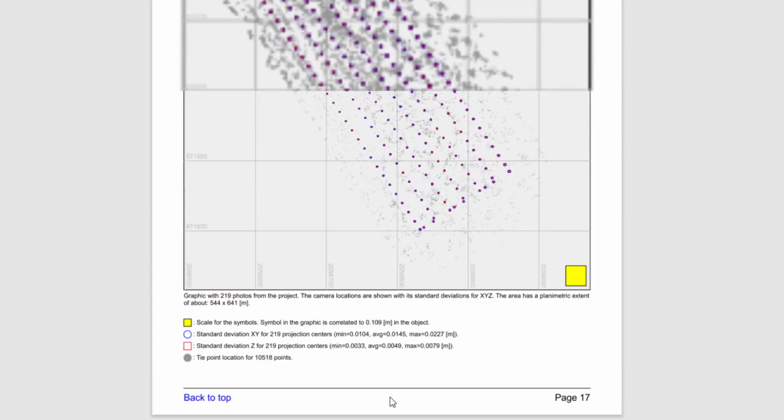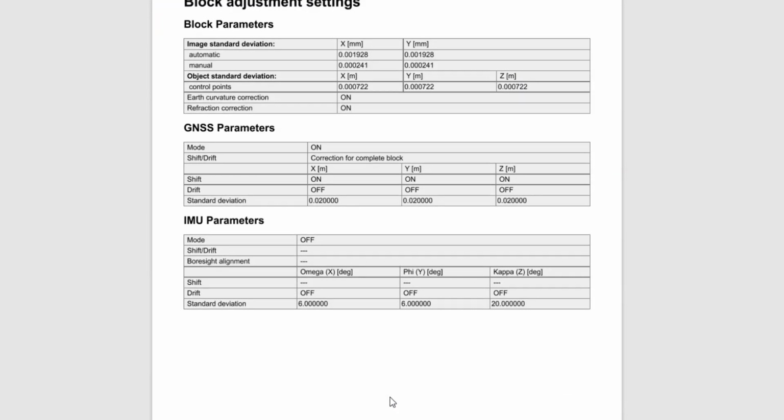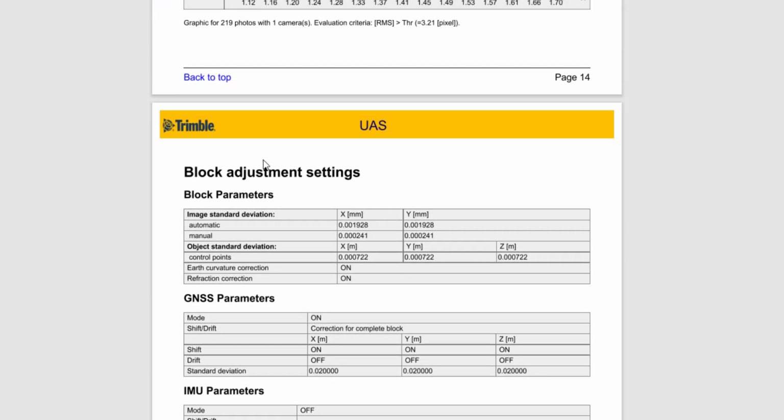Control points are always introduced in TBC with extreme values, you can see it in the block adjustment settings. It's like they are godlike, millimeter accurate defined, and therefore they influence it very strongly. But the good thing is we see that the GNSS is not breaking out. So with these 3 control points, the GNSS is still